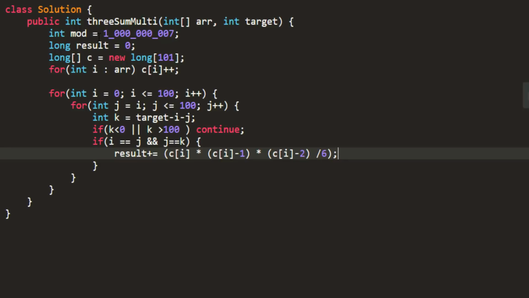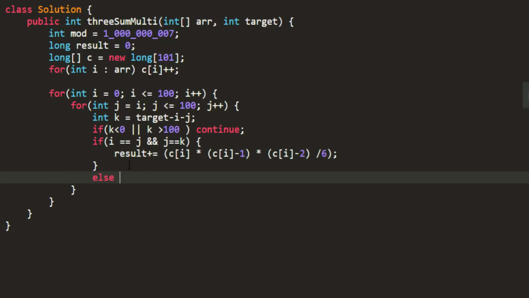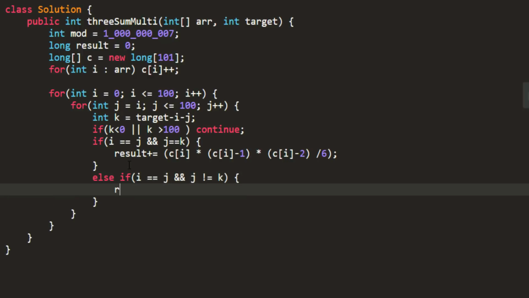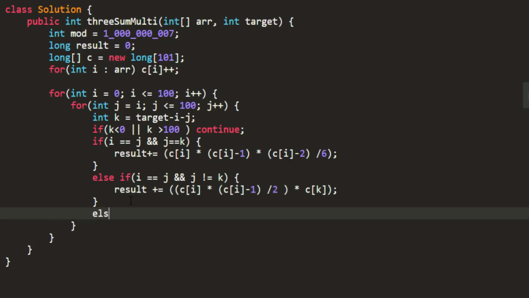So that is the first formula, c of i multiplied by c of i minus 1 into c of i minus 2 divided by 6. Otherwise, if my i is equal to j but my j is not equal to k, I'll use my second formula, which is given by, so this is c of i multiplied by c of i minus 1 divided by 2 whole multiplied by c of k.